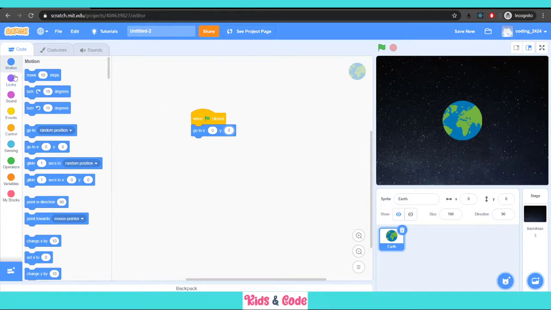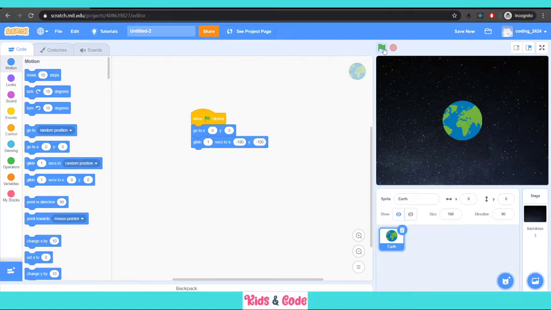Okay, and let me just click here and select glide 1 seconds to this position. So let me select a position. Let me just say it should move to minus 180 and minus 100.